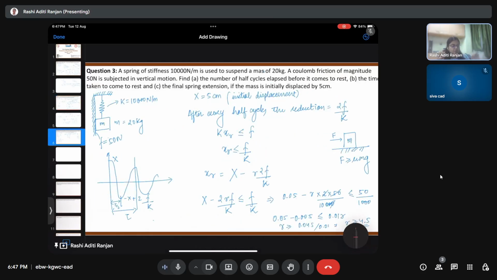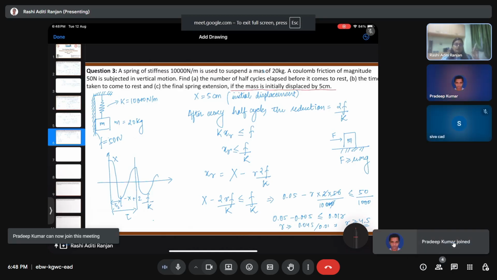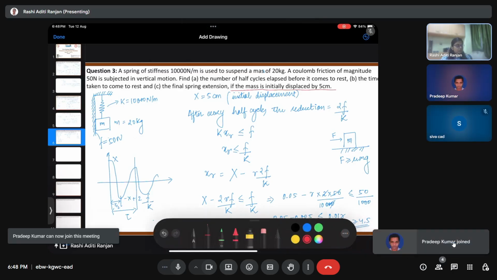But in this question, there is no specific mention of this thing. It is just written that the mass is initially displaced by 5 centimeter, which means that this does not consider the effect of equilibrium position. It is actually the total displacement, but not only the, it is the total displacement, but not the,